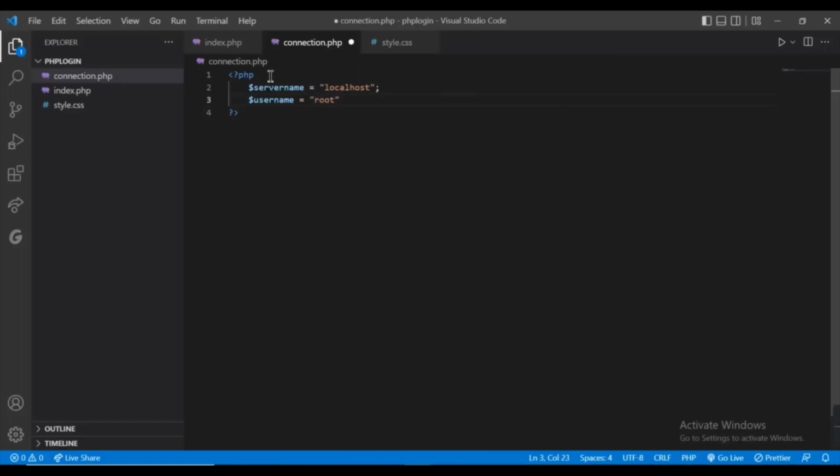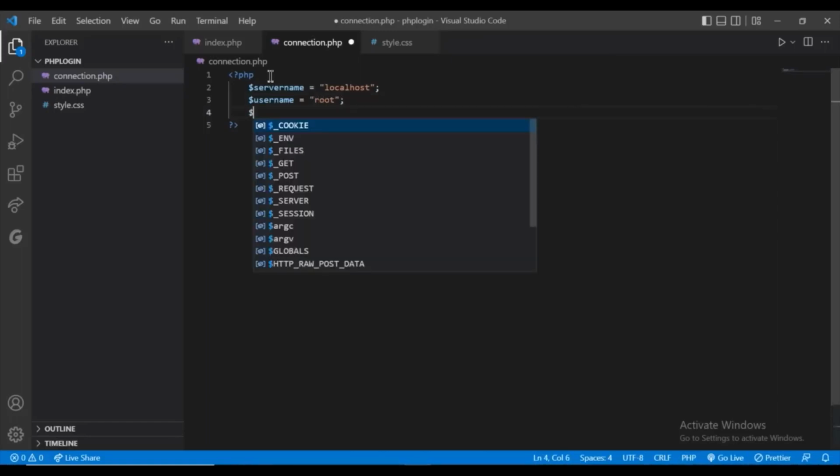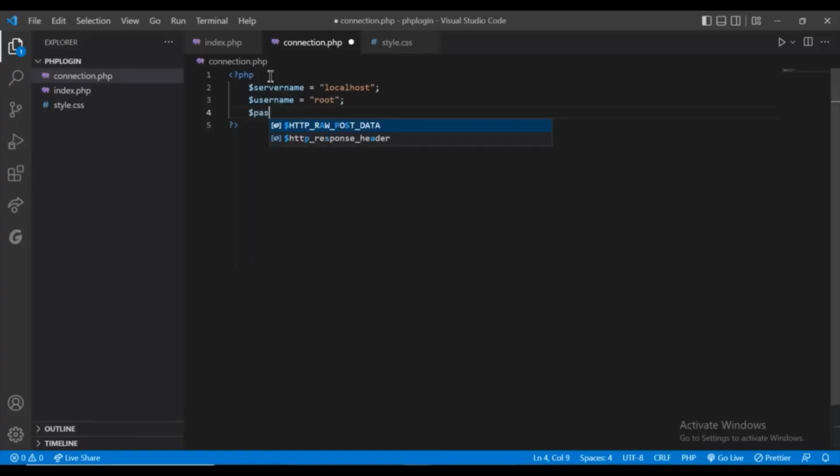In my case, I have given the username as root to my database, username to my XAMPP server. You should give the username which you have given for your XAMPP server at the time of installation. My password is also root,